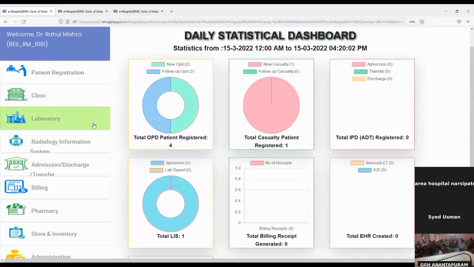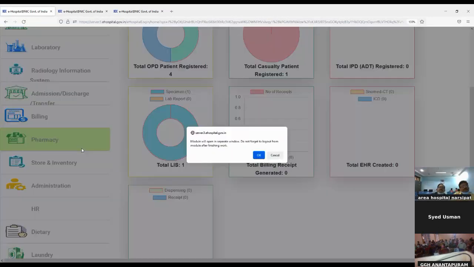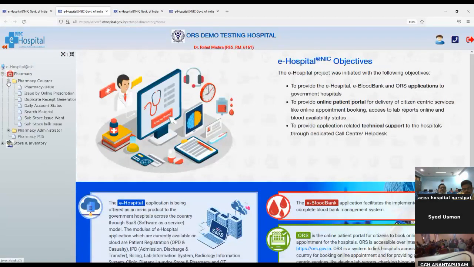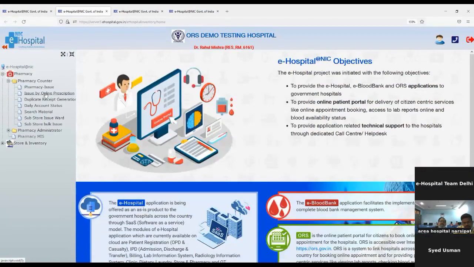So let me start with the pharmacy module. In the pharmacy counter, we have two links. One is pharmacy issue, and second is issue by online prescription. By using pharmacy issue, the pharmacist can issue the medicines if the patient is coming with the paper